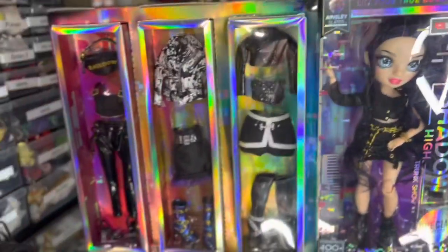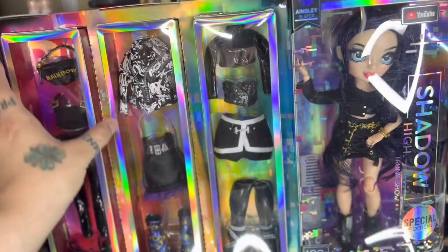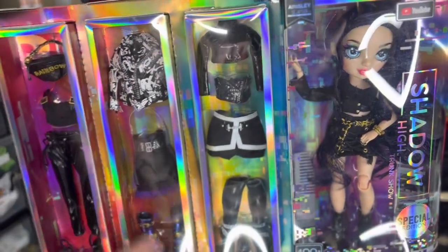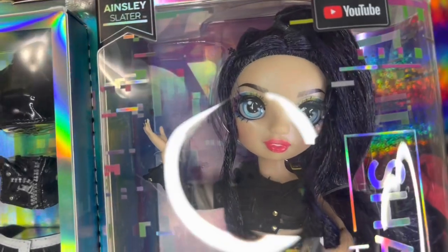I really like her box. I like her very large box. If you guys are getting this shipped to you, just know that it's pretty big. It's like a decent sized box. It really is. As far as how she looks inside the box, again, the first thing you're going to notice